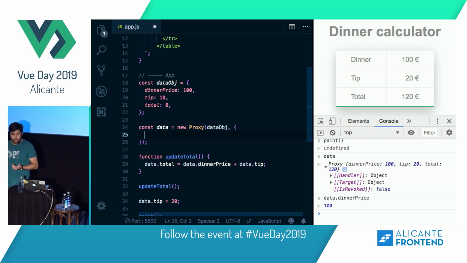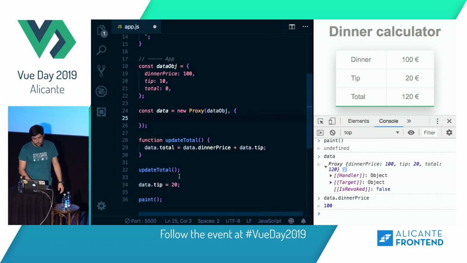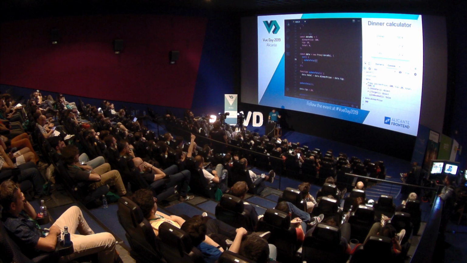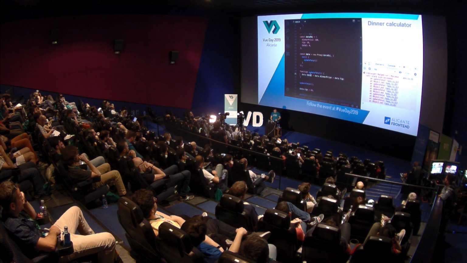So what we can do now is say, okay, you are assigning here the 20 to the tip. So I'm going to put a set trap. And this is going to be called every time that I assign something to the data. So the first thing that we can do is just call update total. So when I set something, I'm just going to update the total. Right? Cool? Okay. So if I do this, boom,